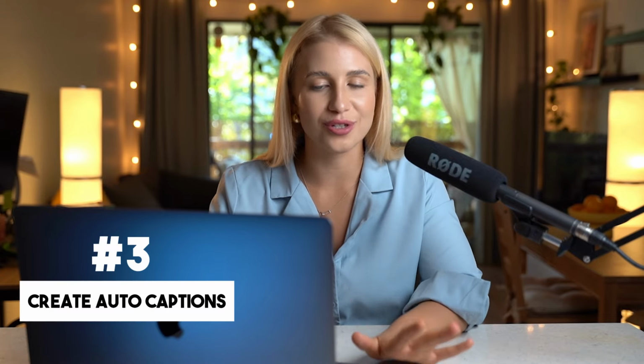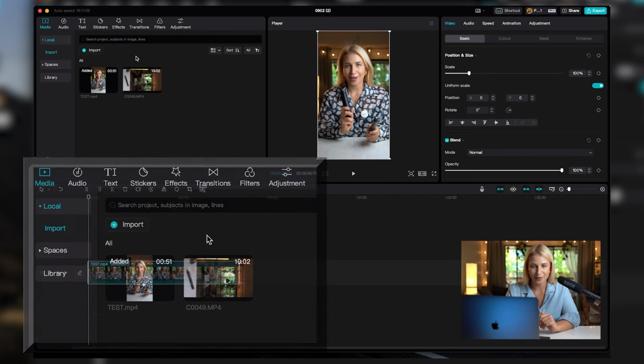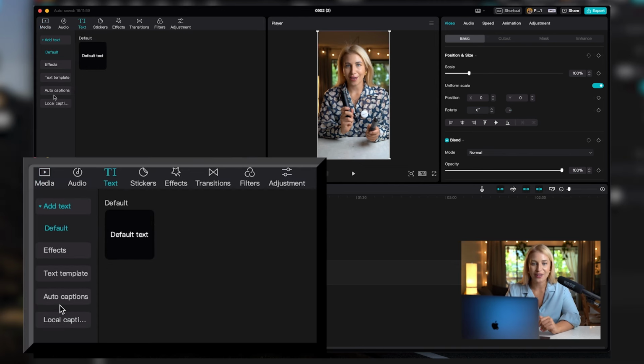And now we're ready to use one of my favorite features of CapCut, which is auto captions. Just watch this magic happen. Go to text, auto captions,